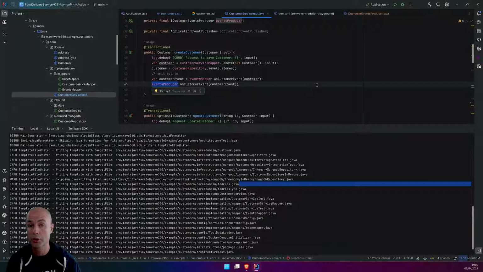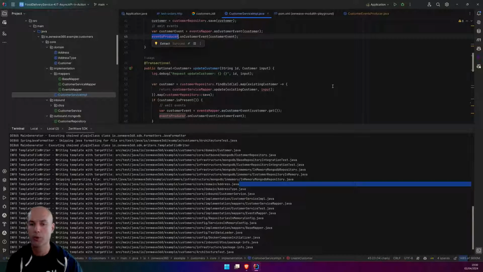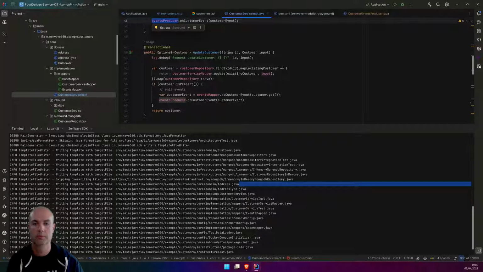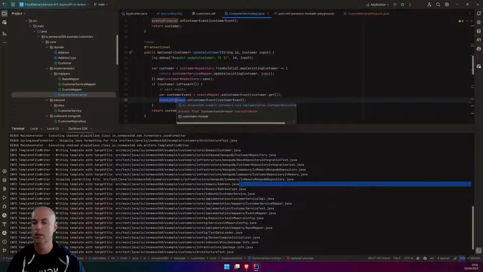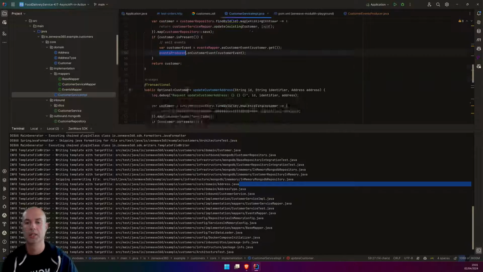Of course, the customer's microservice is a very simple one, but I believe that this looks very much like a lot of applications that we are building already in our enterprise. You see, you get one input, you find the entity by ID, you use one mapper, you use the repository to save it, and then you use an events producer to publish some events.